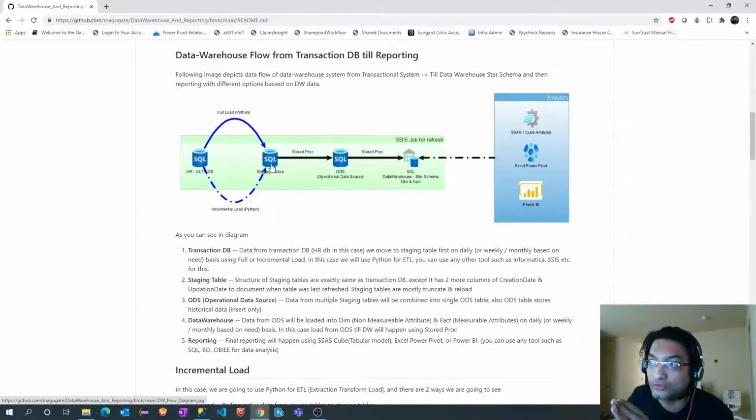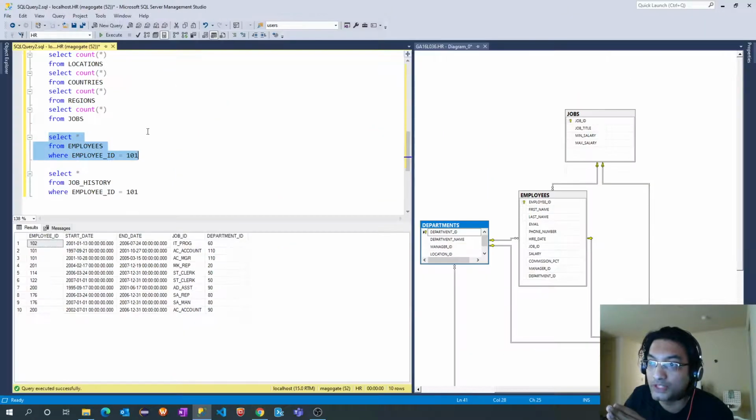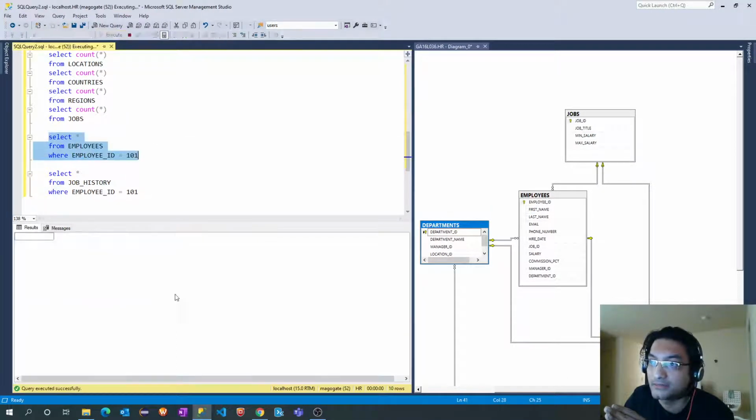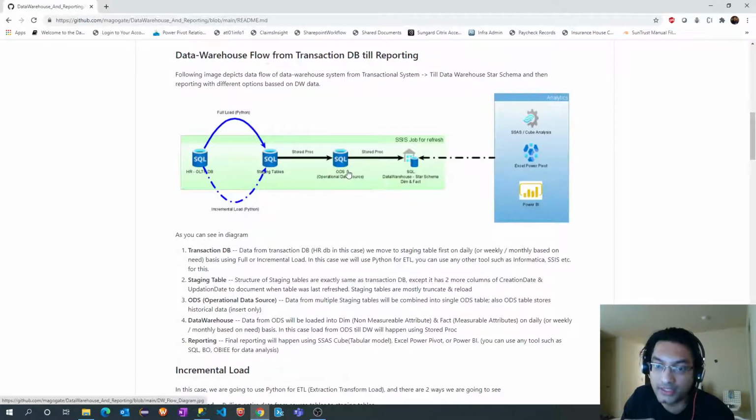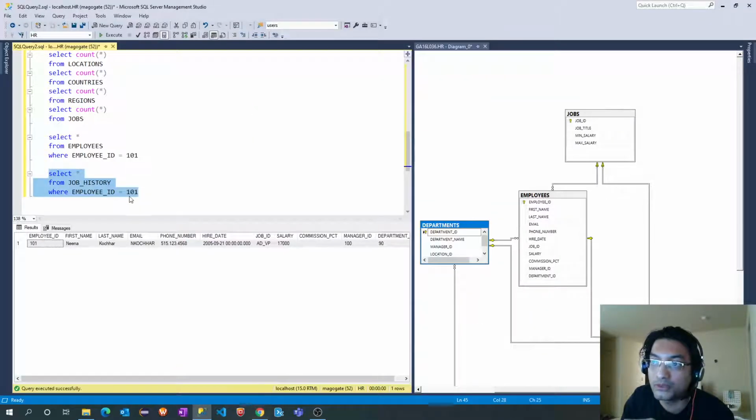Now from staging table into ODS table, since we have all the records in the staging table, we'll always use the employees table. So if an employee leaves, let's take an example. Let's say Nina Kochar, who is currently additional VP, moves to a different hierarchy or different department. This particular record will get stored into the job history table. But this record we are already storing into the ODS table. So we don't have to worry about records which got moved into the job history table, because this record will always be stored in the ODS table.